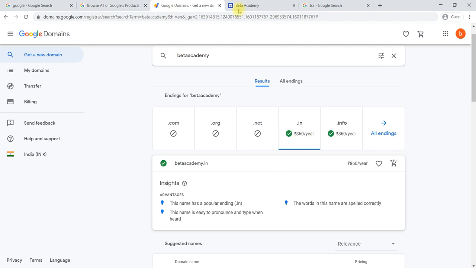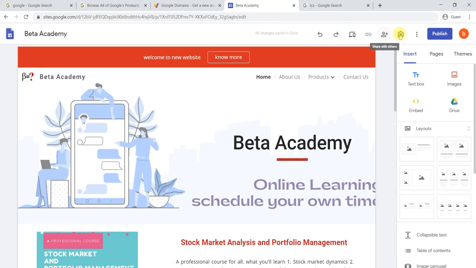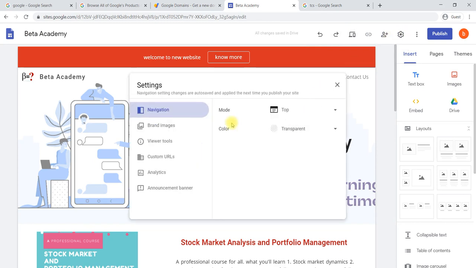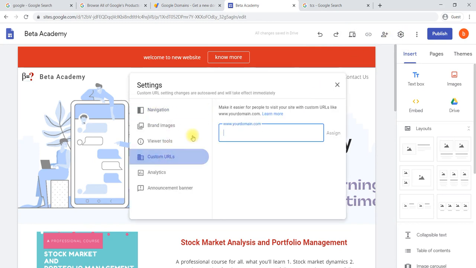Once you have got that domain, we can update it here. Once you have purchased, we can go to the custom URL and say our domain is www.betaacademy.in. Like this you can assign. Now it will not be available because we haven't purchased. Once you have purchased, it will say yes, you have ownership, continue.